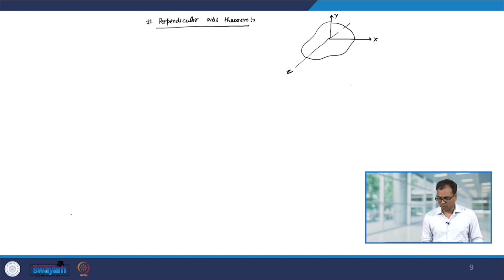So, the statement is following: the moment of inertia of a 2D body, so here the body is 2 dimensional, about an axis perpendicular to the plane is